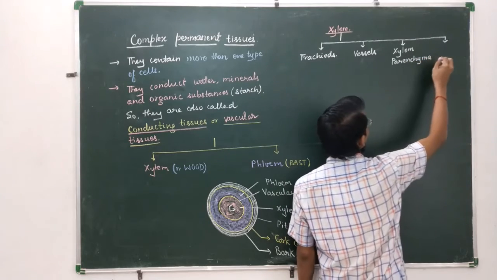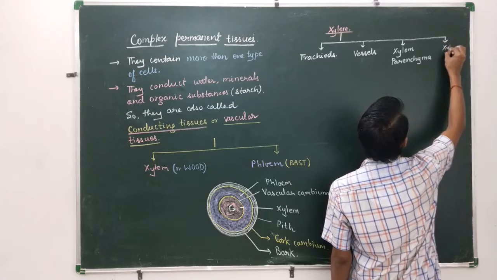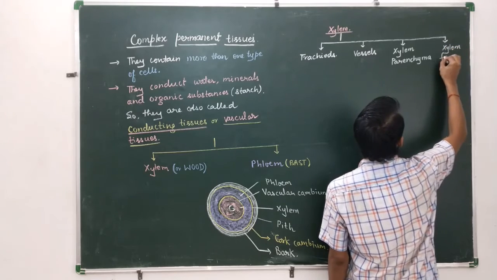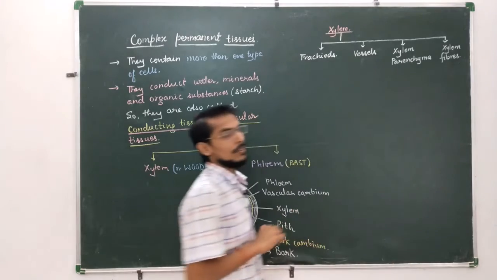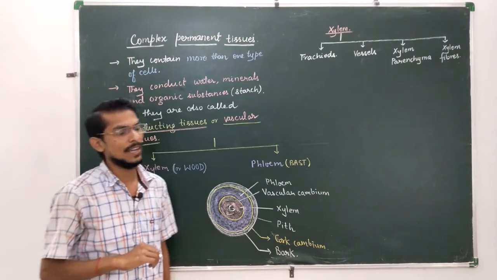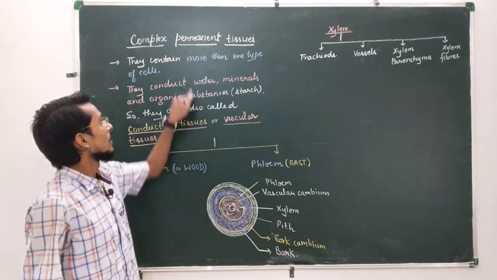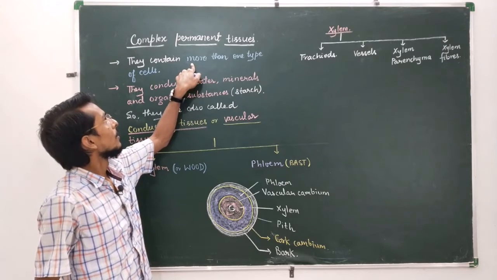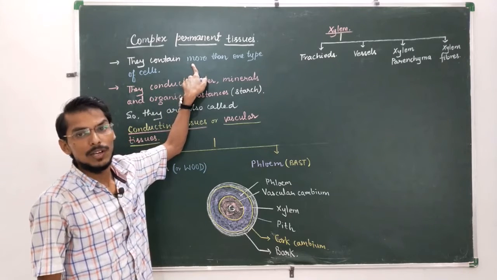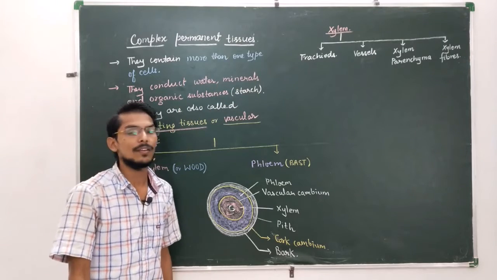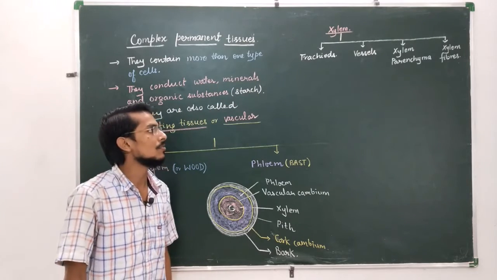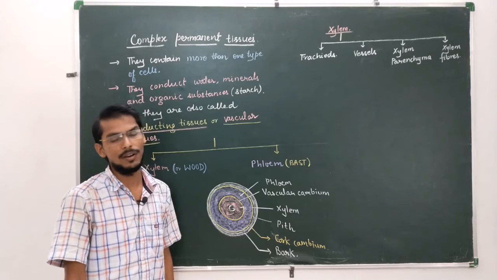And number 4, xylem fibers. These are 4 types of cells which are present in xylem. So this is clear now that they consist of more than 1 type of cells. In case of xylem, you can easily see that there are 4 types of cells: tracheids, vessels, xylem parenchyma and